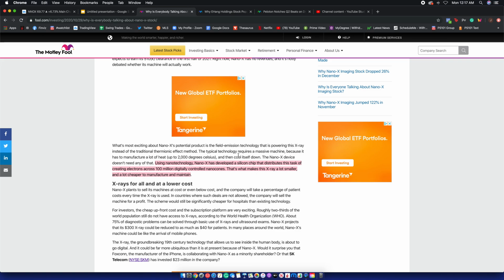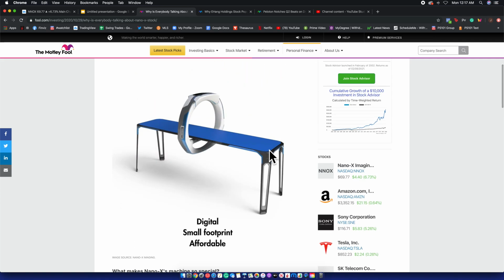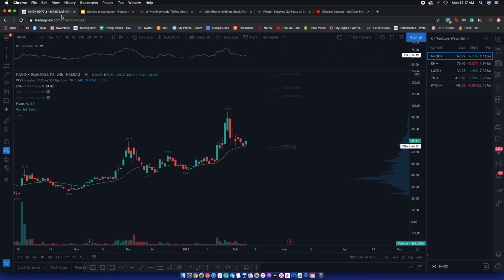X-ray image. The traditional method uses, as I'm sure most of you know, a big massive machine that needs time to heat itself up, cool itself down. The Nano-X imaging device basically makes that whole process much more efficient and for a fraction of the price, and it looks pretty cool as well. So investors are excited about this, but it does have a little ways to go before coming into fruition. I don't think it's approved by the FDA yet, but there has been a submission to see if it can be approved. So investors are a little bit excited about this stock, but it is setting up very well